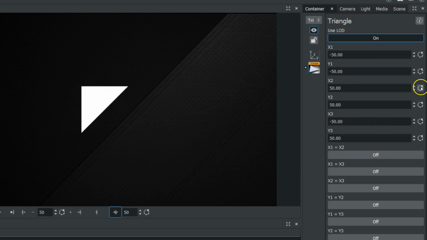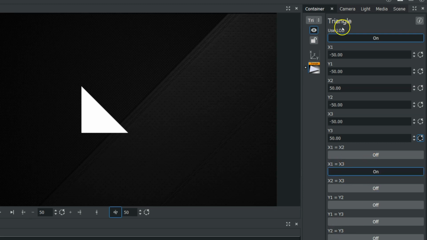So with our parameters reset here with the triangle, you also have settings underneath your individual point parameters here that say X1 equals X2, X1 equals X3, and so forth down the line. If you turn one of these on, what happens is your X1, if you adjust that, will automatically equal the X3 down here, and so forth. So if you follow this little code of what each letter is,